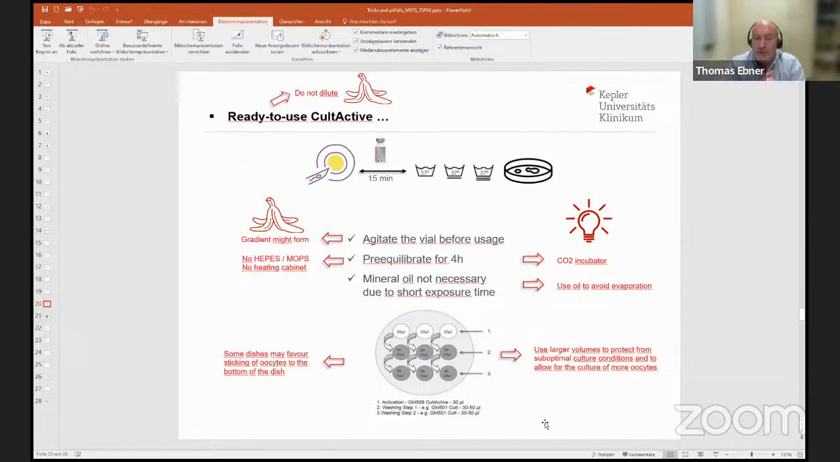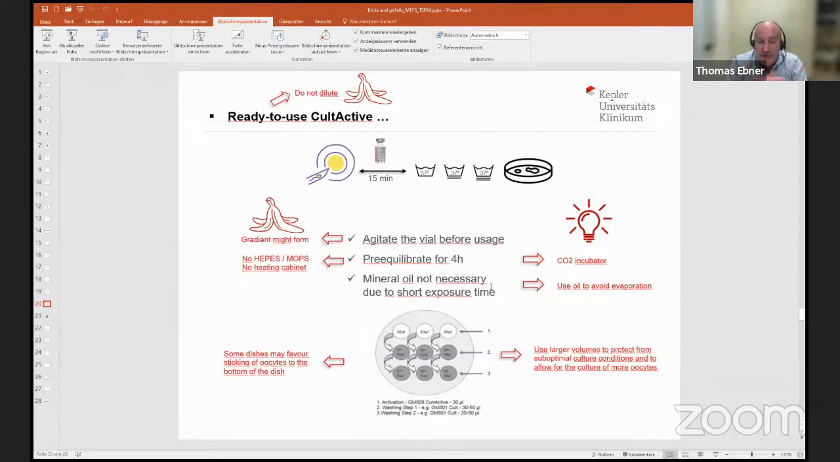On the bottom of the slide, you see a copy paste scheme from the manual, from the leaflet from the company, showing that you should work with 30 microliter drops and with only 2 washing steps. It's also recommended to agitate the vial before usage, or you stir it. And this is of utmost importance. Believe me, if you do not stir it, you may